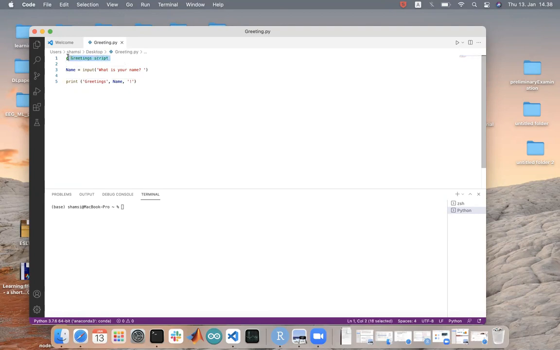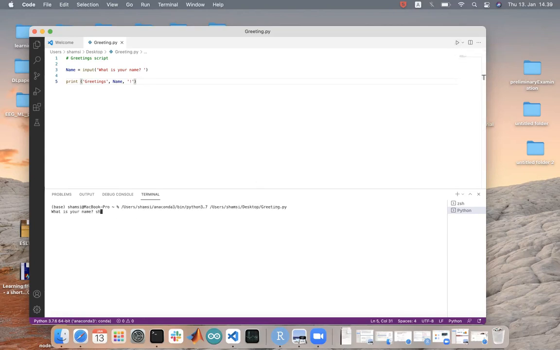For example, this green color means this is a comment. The brown color means this is a keyword or some function name, and the strings are red. So it makes it easier to write and read the code when your syntax is highlighted. And then you can run your code by just pressing the button.